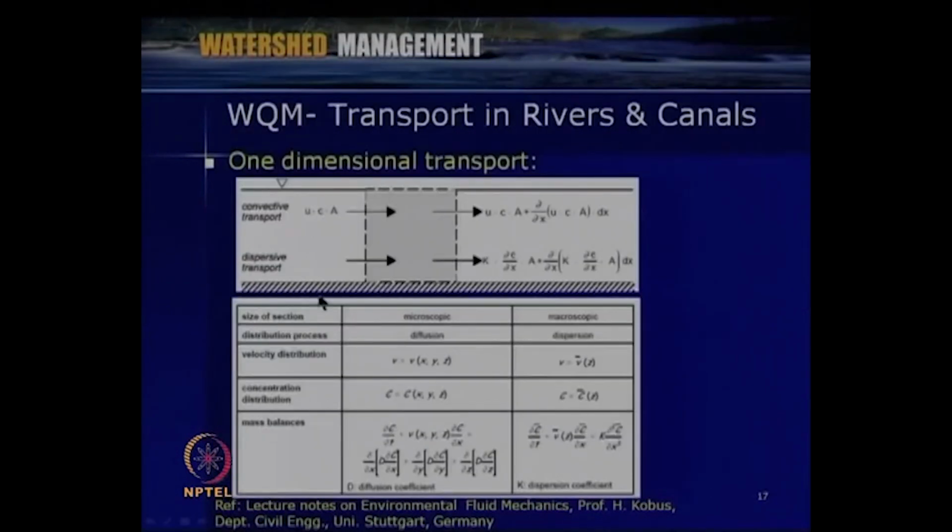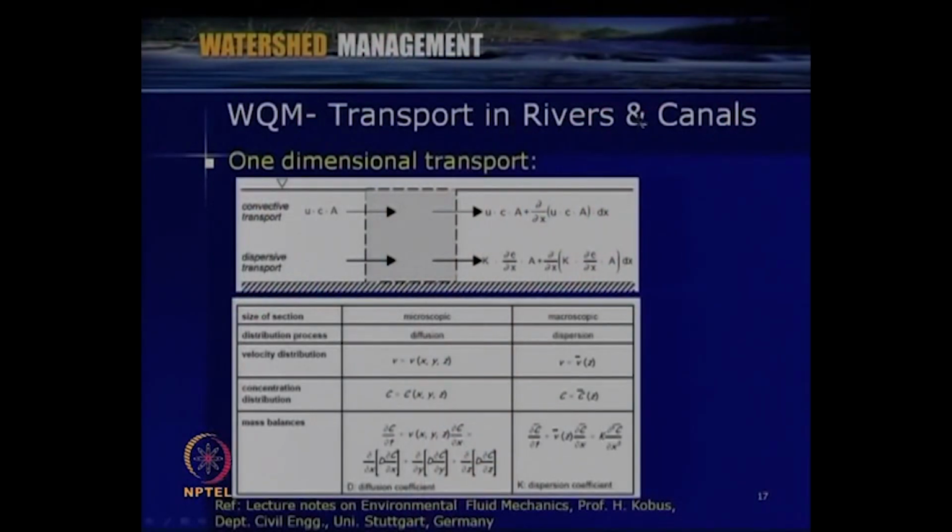Anyway, going into all the details of this is not the purpose of this lecture, since now we are discussing the water quality issues relevant to watershed modeling only. So, we are not going into all these details of these kinds of water quality modeling.